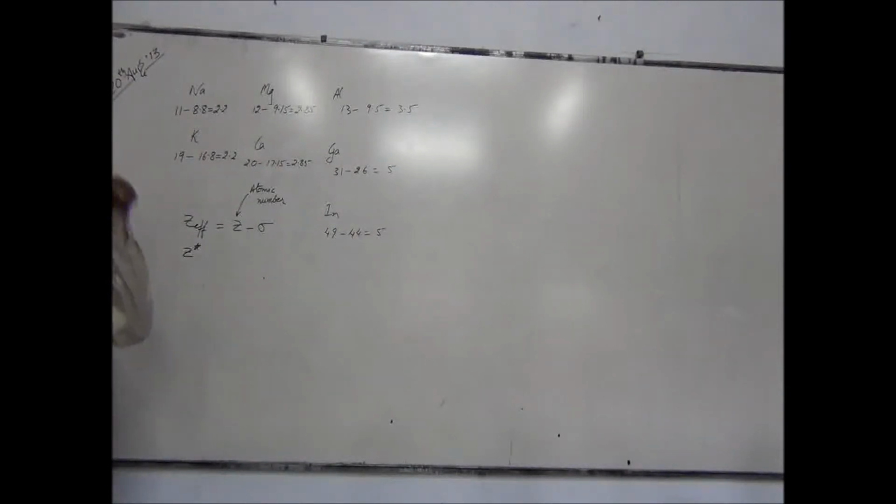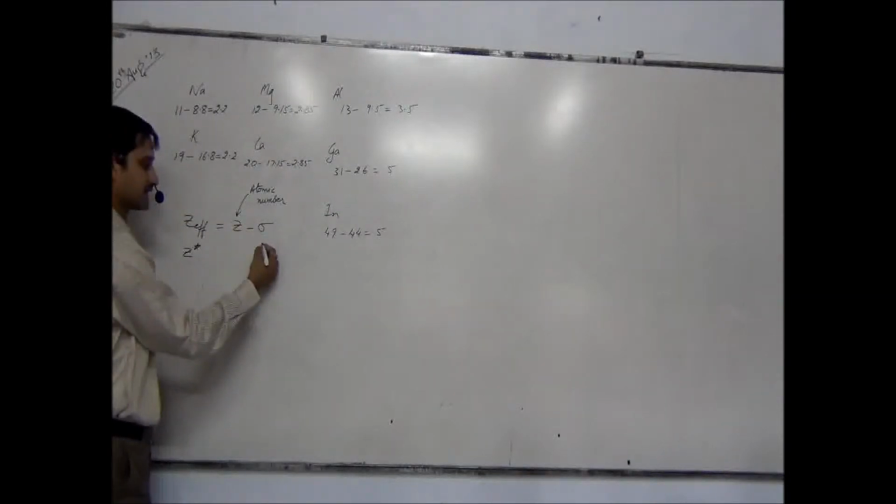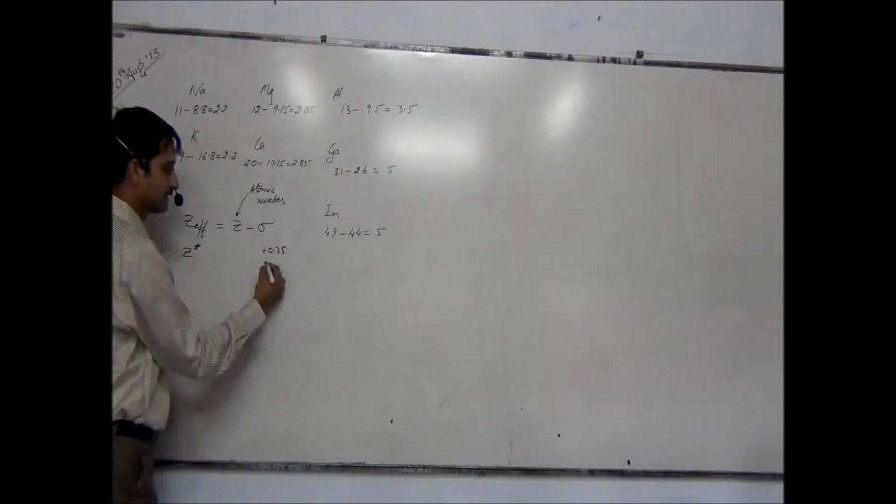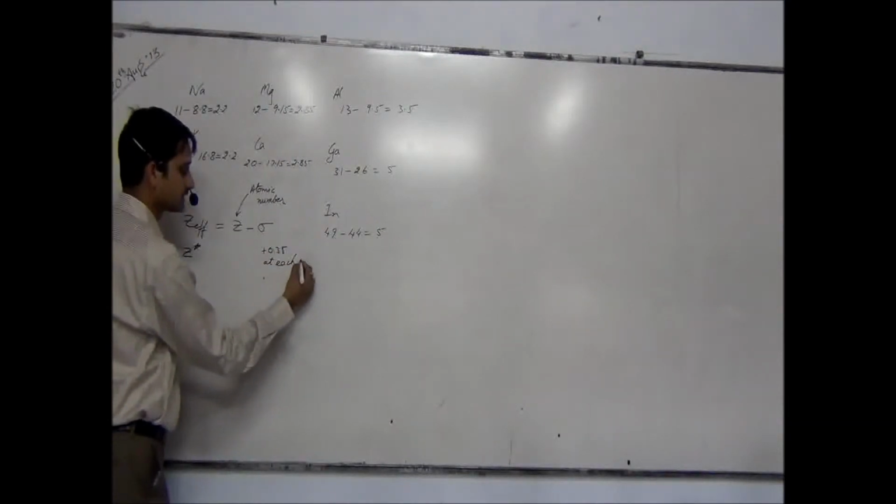We are adding the electron in the same shell, and in the same shell the electron has a screening constant of 0.35. Is it okay? It gives a nullifying effect to the nuclear charge by 0.35. So sigma increases by 0.35 at each step